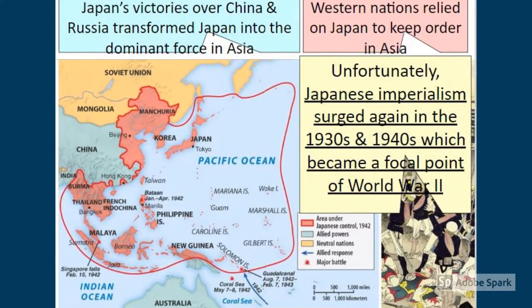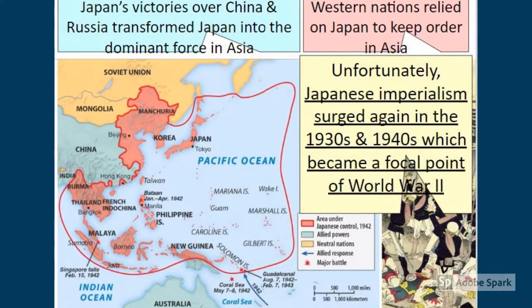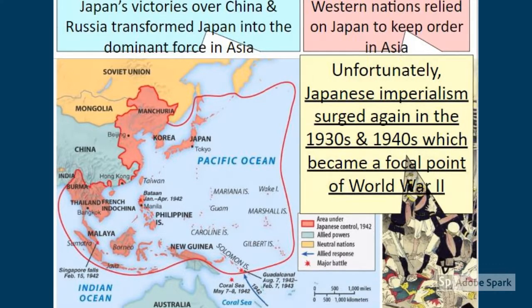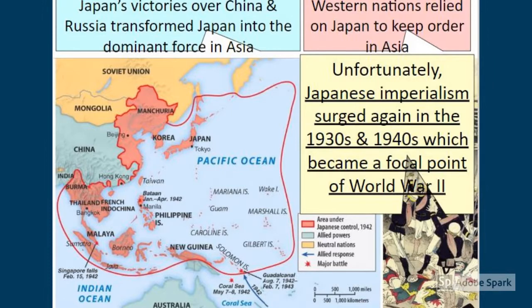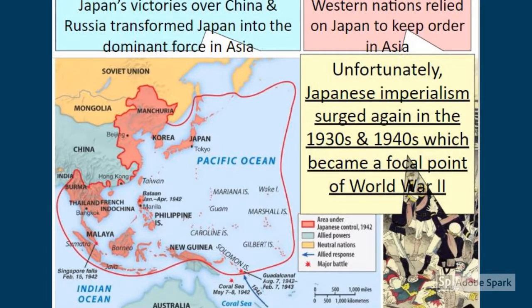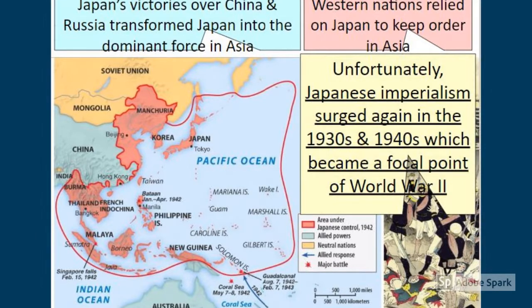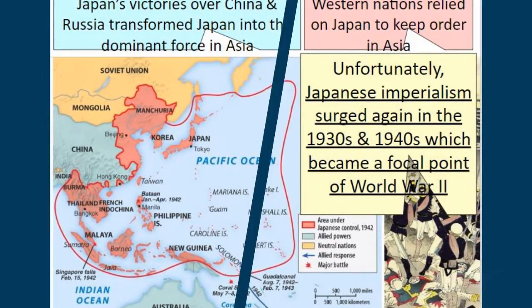Basically, imperialism is one of the things that will lead to World War I, and after World War I, Europe agrees to cool it on the imperialism for a while. But Japan didn't get the memo. They weren't super involved in World War I and didn't experience firsthand the conflict imperialism created. So them going out and conquering other areas will become a focal point during World War II.